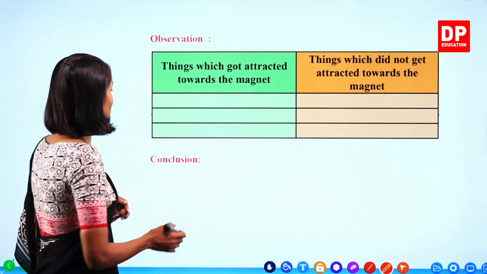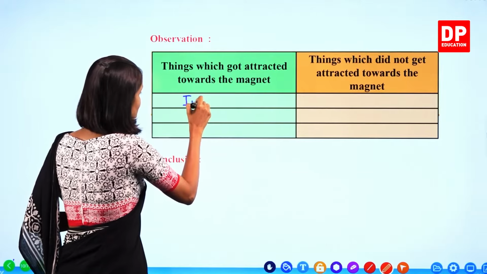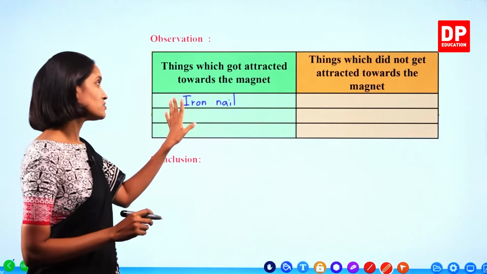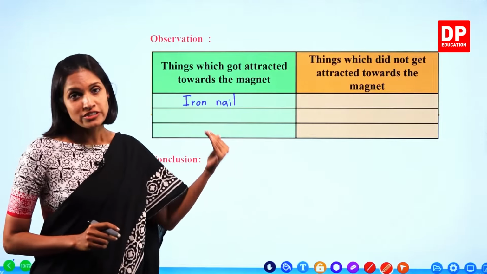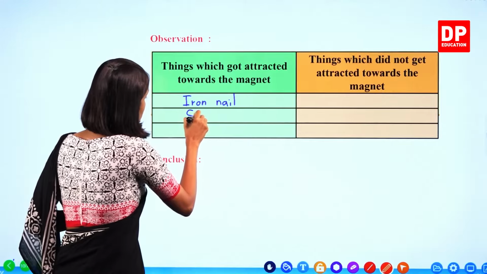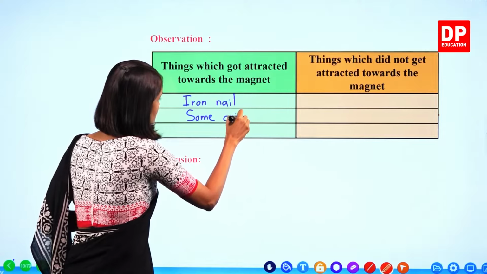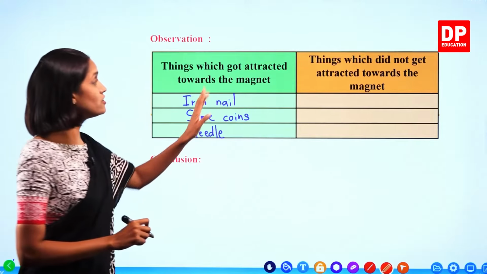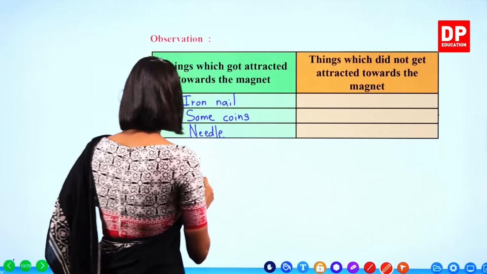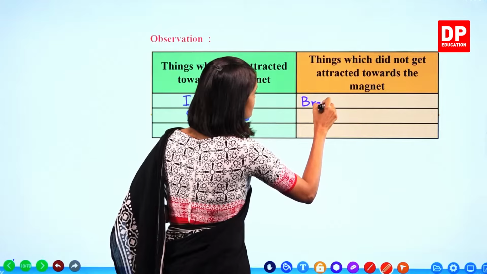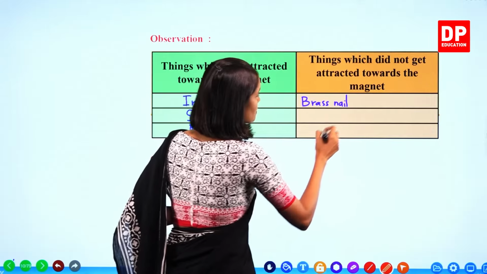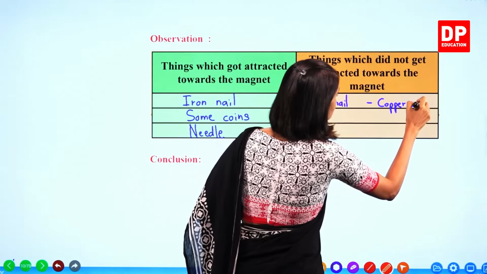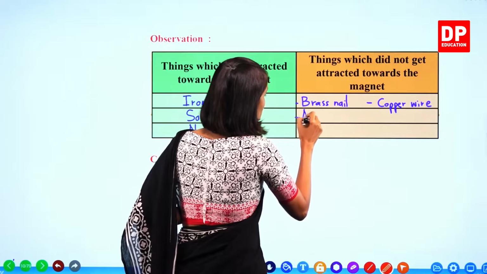Things which got attracted towards the magnet. We will write here iron nail. So there were 2 coins. We can't write coins, because only one got attracted towards the magnet. Therefore, we will write some coins. and the needle. What are the things that did not get attracted towards the magnet? Let's write brass nail, copper wire, aluminium sheets,